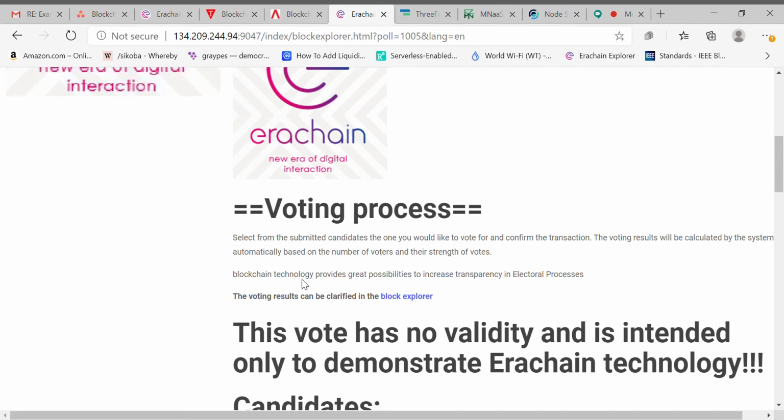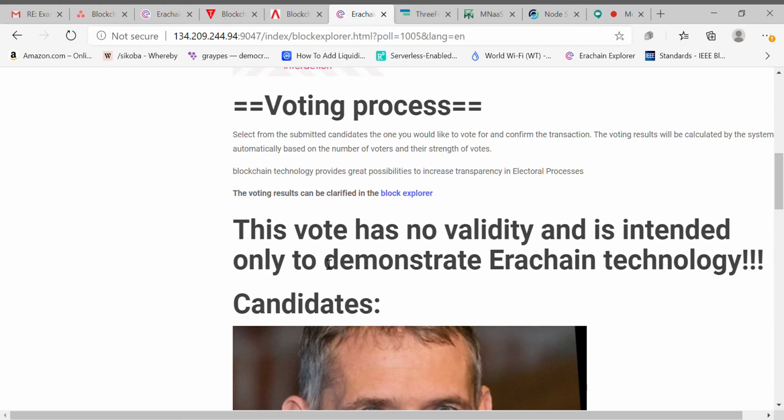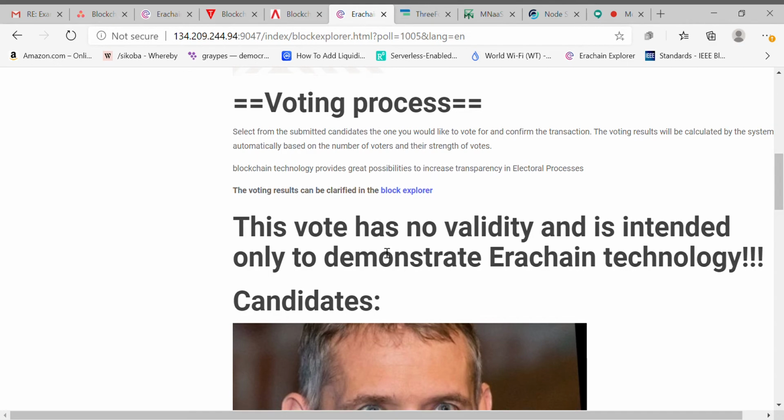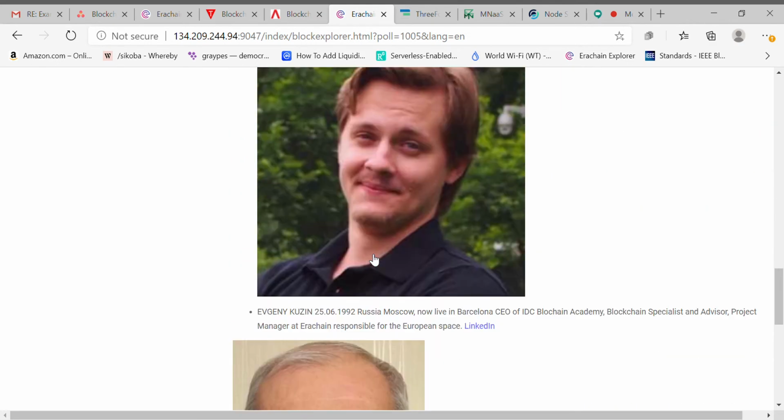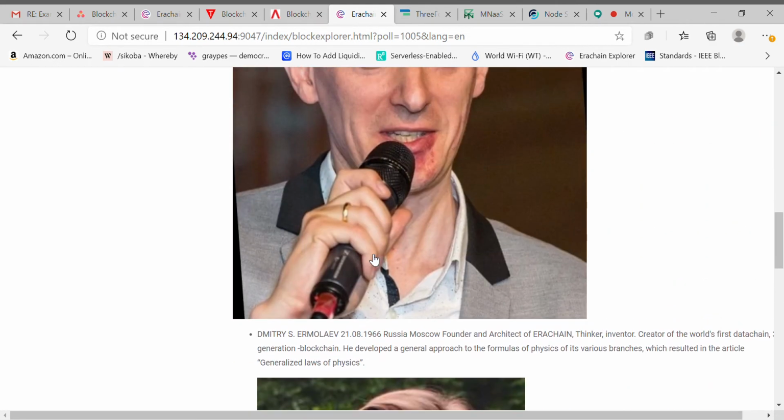Next, blockchain technology provides great possibilities to increase transparency in the electoral processes. The voting results can be clarified in the Block Explorer. Now, this vote has no validity and is intended only to demonstrate Erachain technology. Please note this. When we look at the voting, we see that there are a number of persons participating